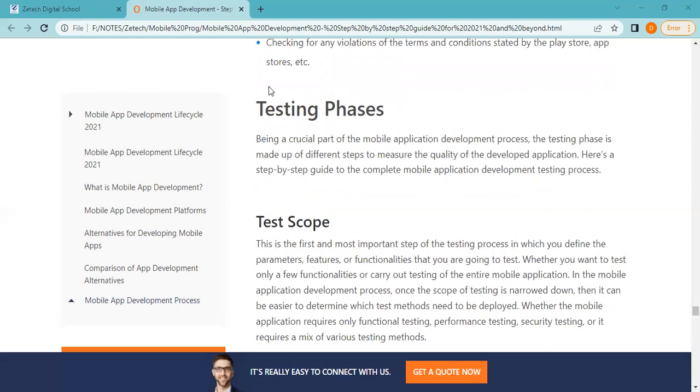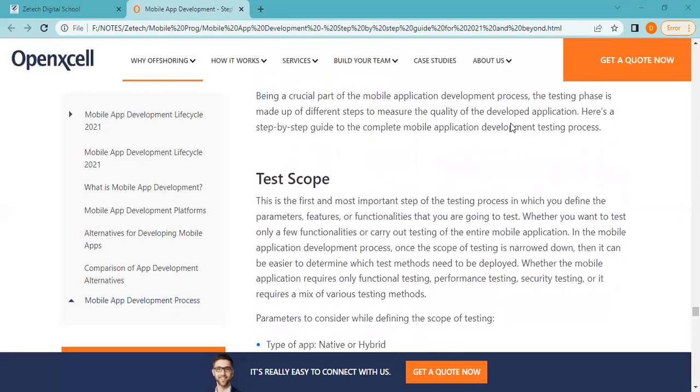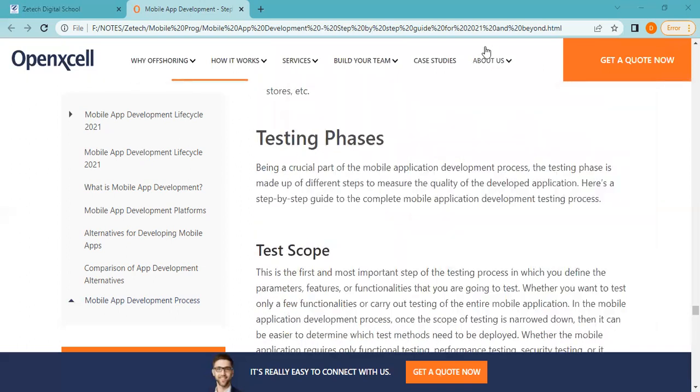This takes me to the phases of testing. So before I proceed into that, I would want to know whether we are still